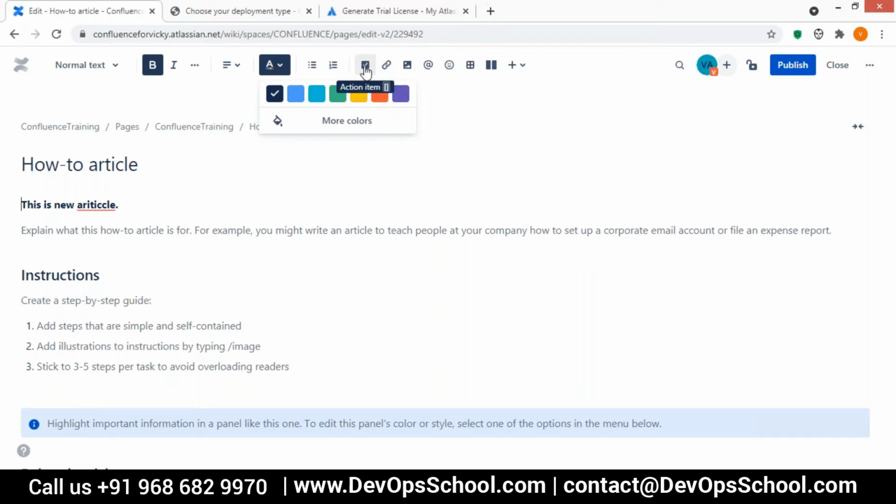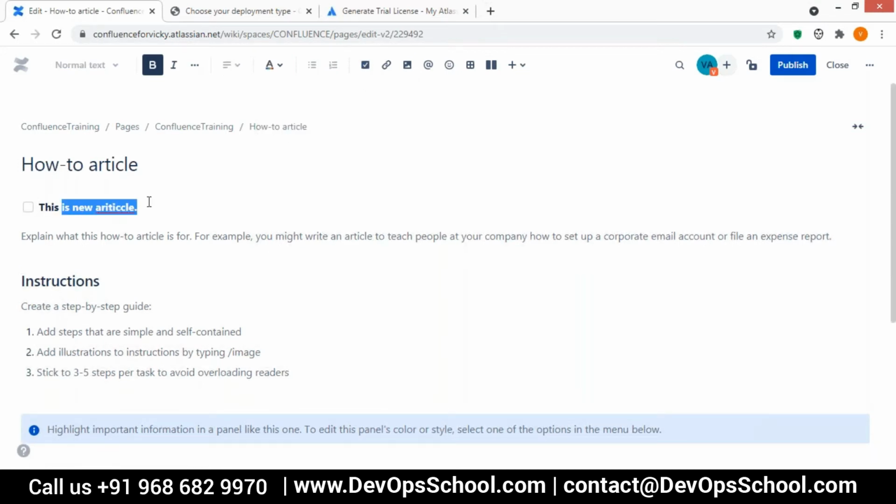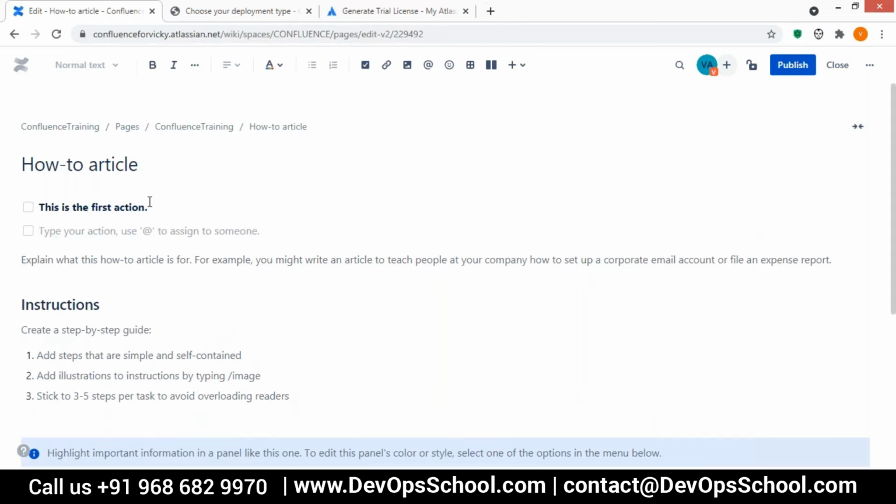This is the important item, the action item. When you're working in an organization, you have a meeting and you list down the action items that you have to take care of. You can use this icon to create the action. This is the first action that I need to take care of. This is the second action.